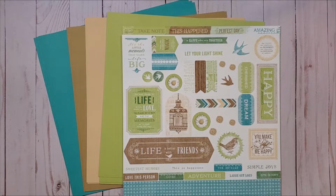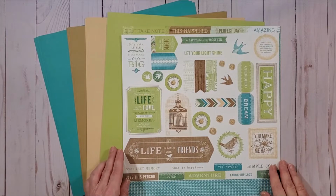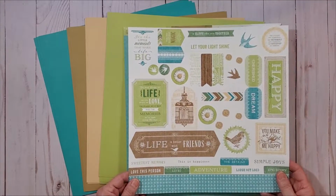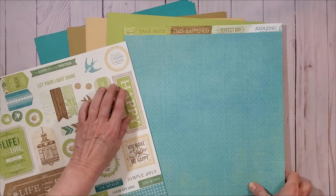And this is a Bring Back My Pack collection called Skylark. It was a special a month or two ago. I'm late getting around to this. But we've got a very cool sticker sheet here. And then we have the papers. You can also see I also have the